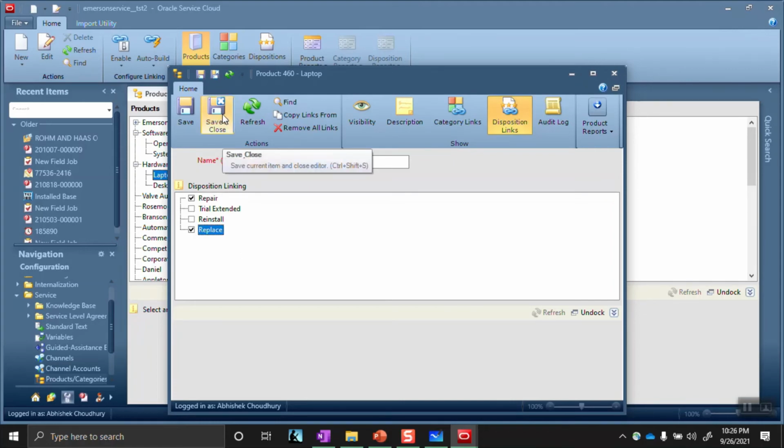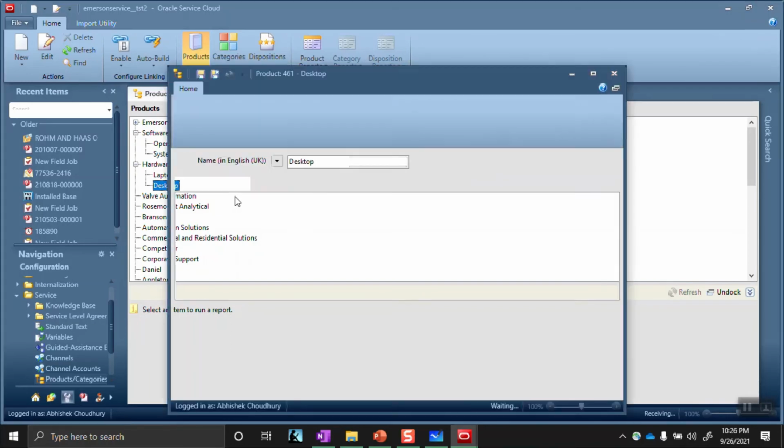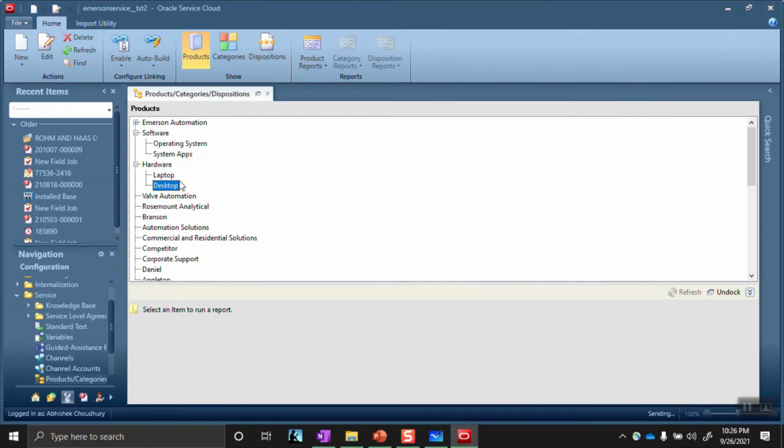Okay. Save and close. Similarly for desktop, disposition links, so we can actually repair or replace. Save and close.